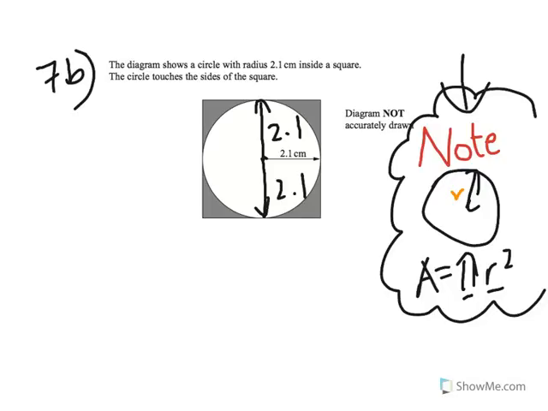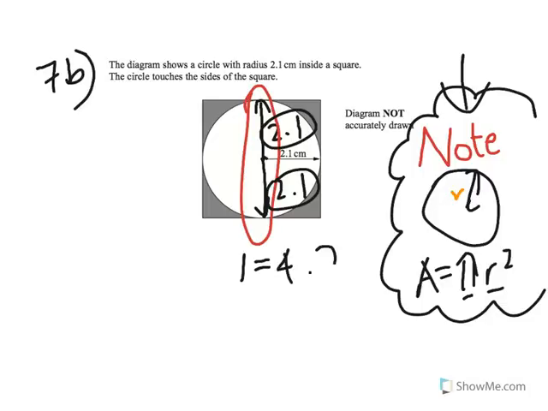All this line is nothing but the length of the square. So the length of the square is 2.1 plus 2.1, which is 4.2. So now the area of the square is equal to 4.2 times 4.2, which is nothing but